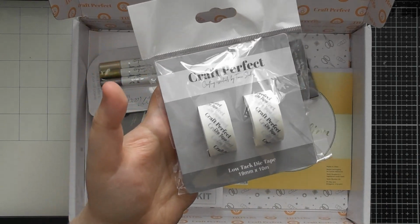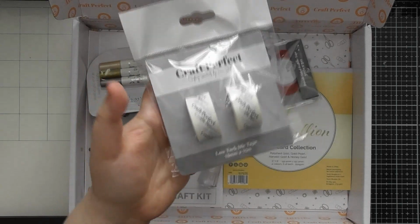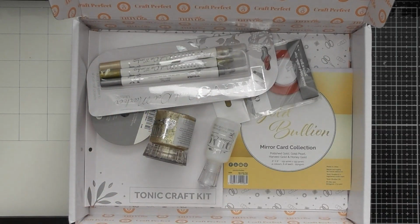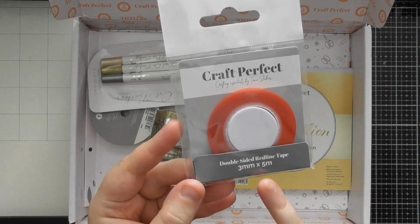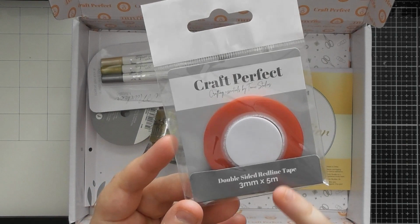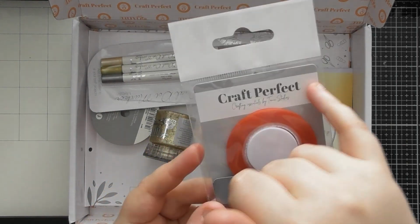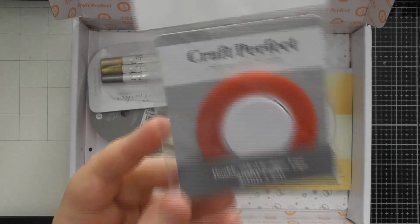If you have a foam tape or a sellotape, it's kind of standard, that sort of width of tape. Then you're also getting more tape. You're getting the Craft Perfect double-sided Redliner tape with the 3mm width, and you get 5 meters on this roll as well, and it's got the new branding of Craft Perfect on there as well, so it's a slightly different